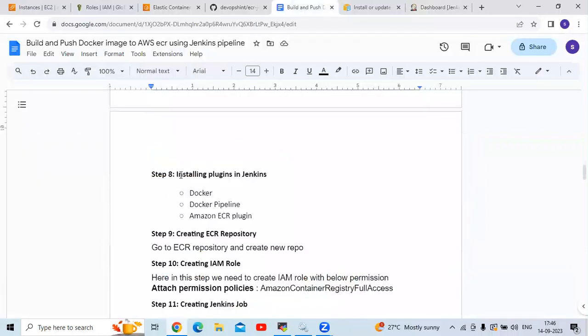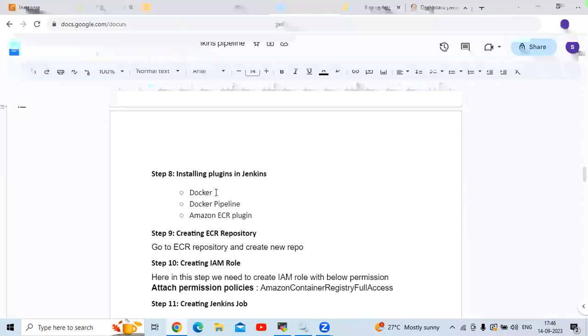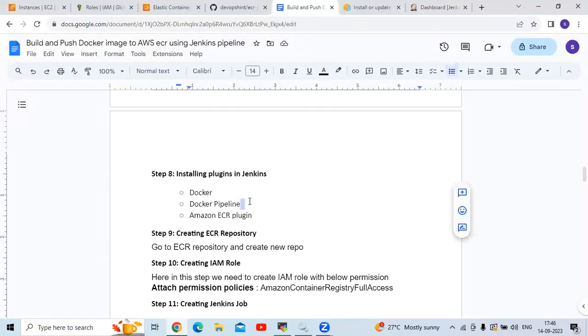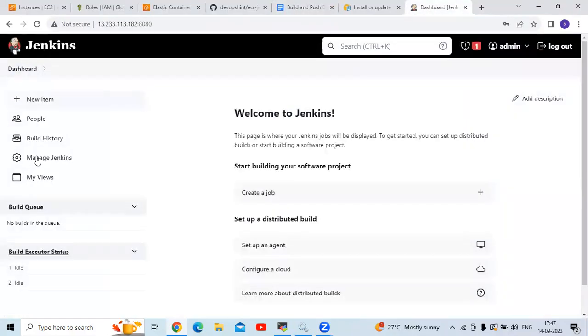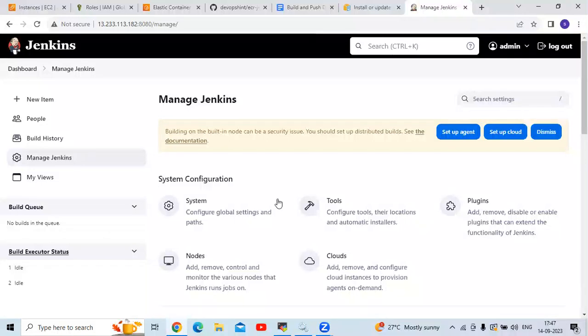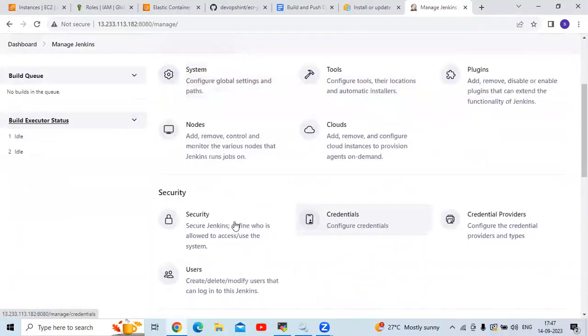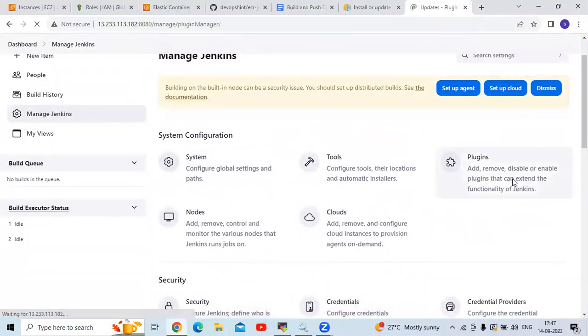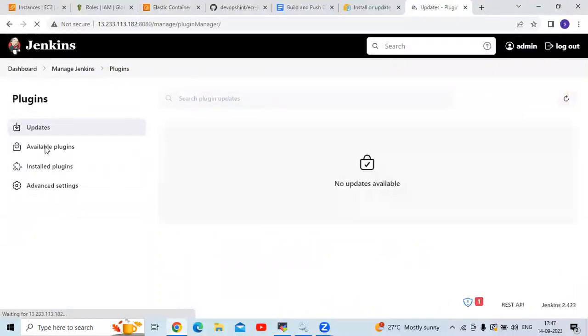Now the next step is install these plugins in Jenkins. We need to install some plugins in our Jenkins, right? So which plugins? First of all, we need to install Docker. After that, we need to install Docker Pipeline and then Amazon ECR plugin. So go to the Jenkins dashboard and go to Manage Jenkins, and here click on plugins and go to the available plugins